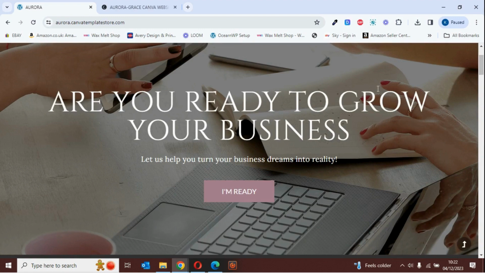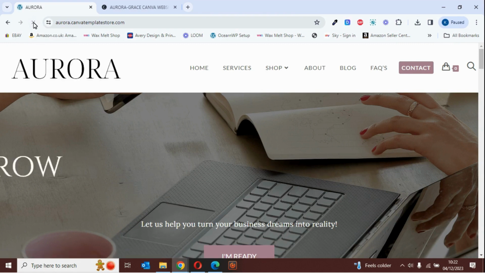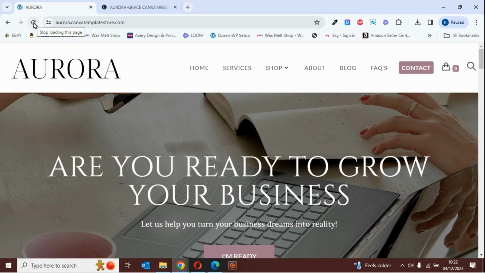As for the font, I'm just going to update this because you will see this as we go down. We've got 1 or 2 animated features on here. So as you'll see from that, the wording comes in when somebody first goes onto this template. It's just called animation. You don't have to have it. You could have the wording coming in from the other side, from the top, from the bottom. There's various different little animated features that you can have,